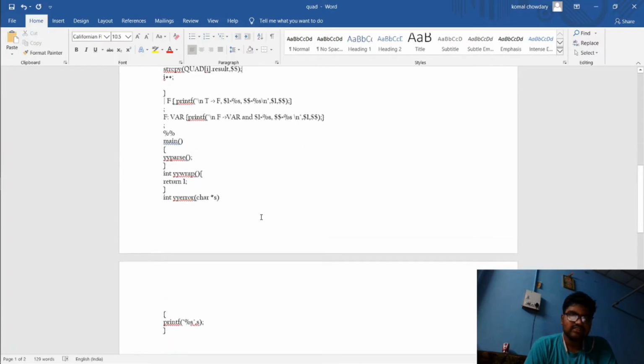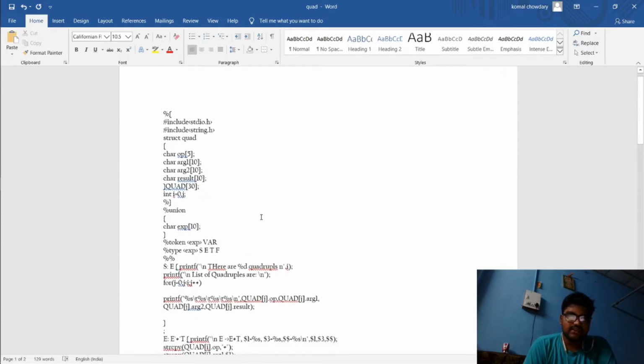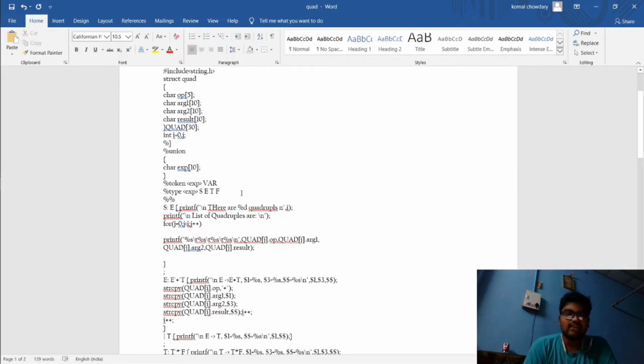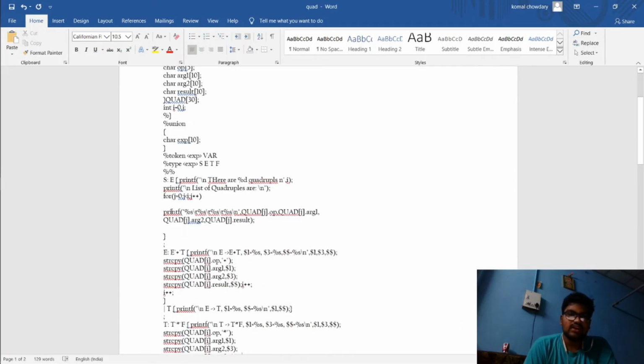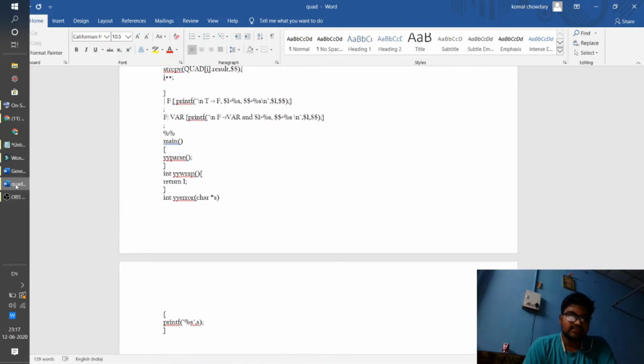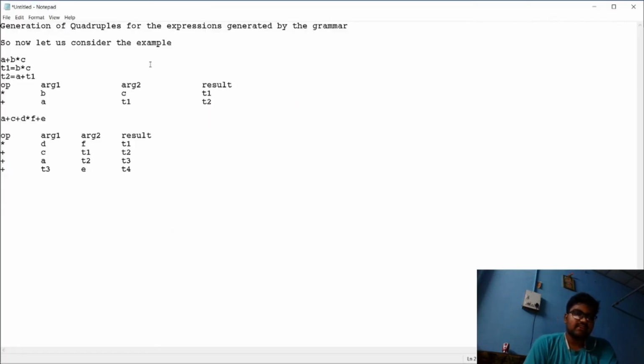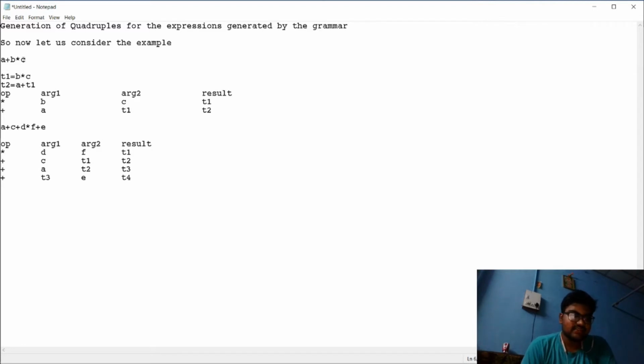So let's quickly take a look at an example so that we could get a better clarity. We take a plus b star c. Since multiplication has more priority, b star c will be executed first.